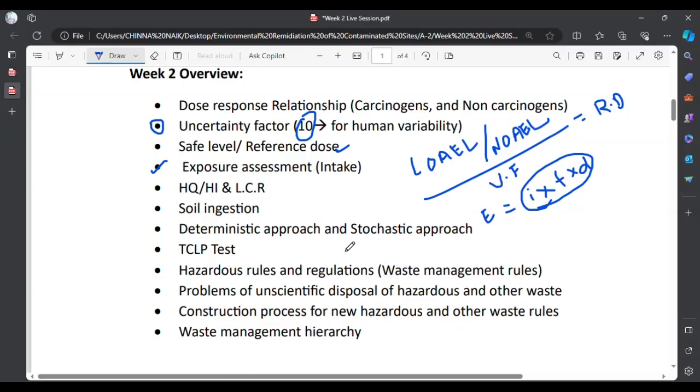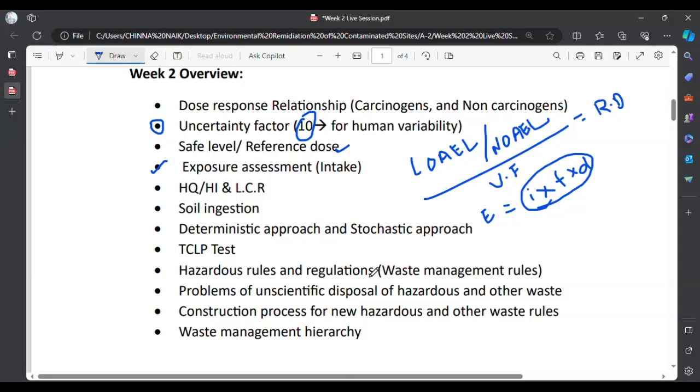Okay, so coming to the point, we are discussing exposure, right? How will we calculate exposure? Based on intensity, frequency, and duration. Intensity describes how much, frequency describes how often, and duration describes how long. Again, for this we need to calculate the reference dose or safe level, hazard index, or